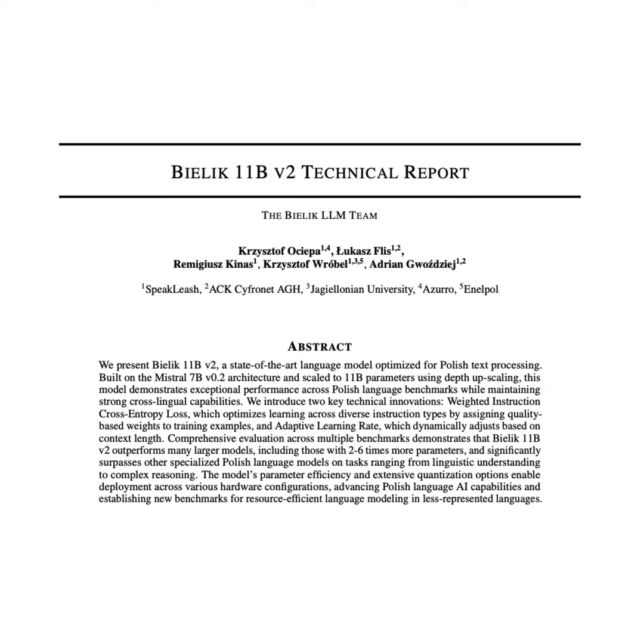They didn't have to do the massive, expensive job of training an 11B model from zero. Plus the license, I assume. Good point. Mistral 7B v0.2 has the Apache 2.0 license, which is very permissive. That made it legally straightforward for them to build on top of it. Makes perfect sense. Start with a good engine, then customize the car for Polish roads, rather than building the engine